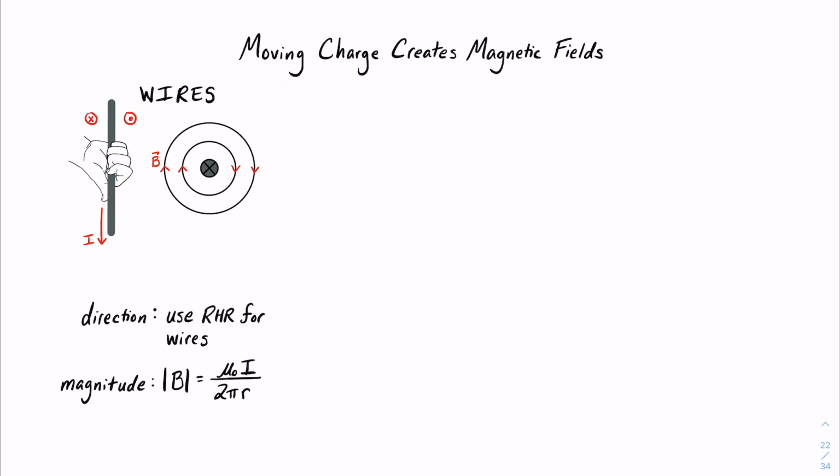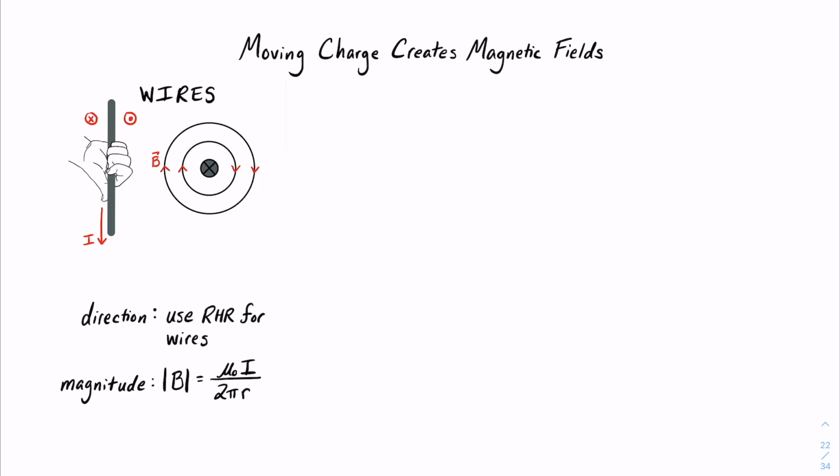The first is in current-carrying wires, shown here. For such a situation, the moving charge in the wire creates circular loops of magnetic field centered around the wire. To find the direction of this magnetic field, we use our right-hand rule for wires, shown here in the diagram,